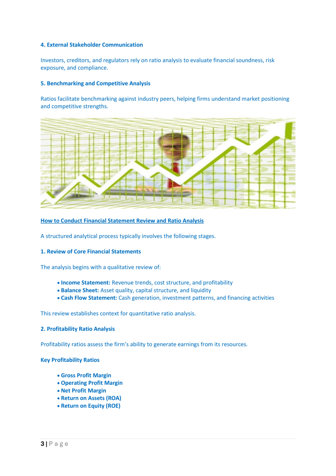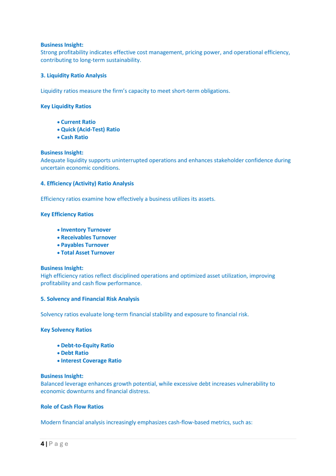Next, focus on profitability ratios, which measure how effectively a company generates earnings from its assets and equity. Important ratios to consider here include gross profit margin, operating profit margin, net profit margin, return on assets, and return on equity. These ratios provide a clear picture of the firm's earning power and operational efficiency. Strong profitability is a sign that a company manages its costs well, has pricing power, and operates efficiently, which helps